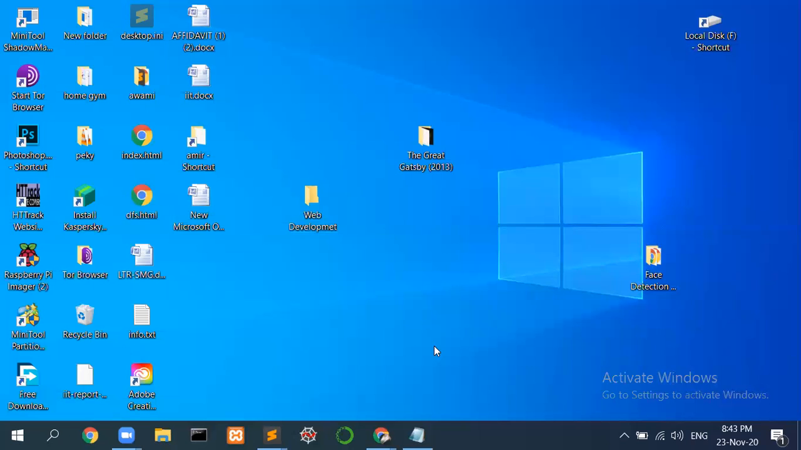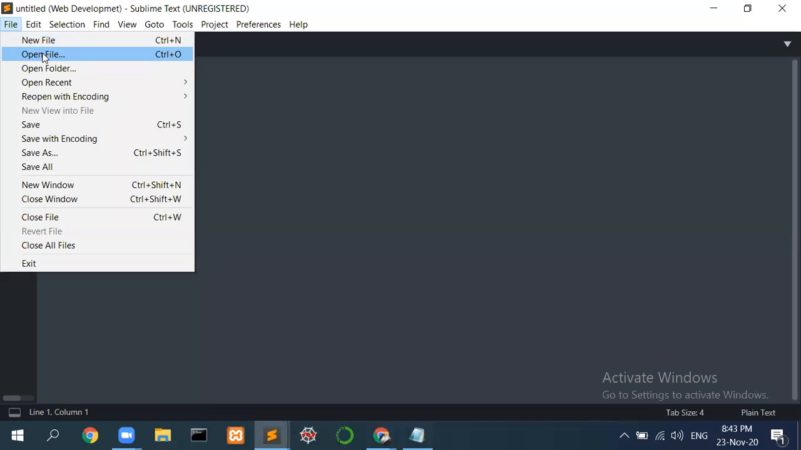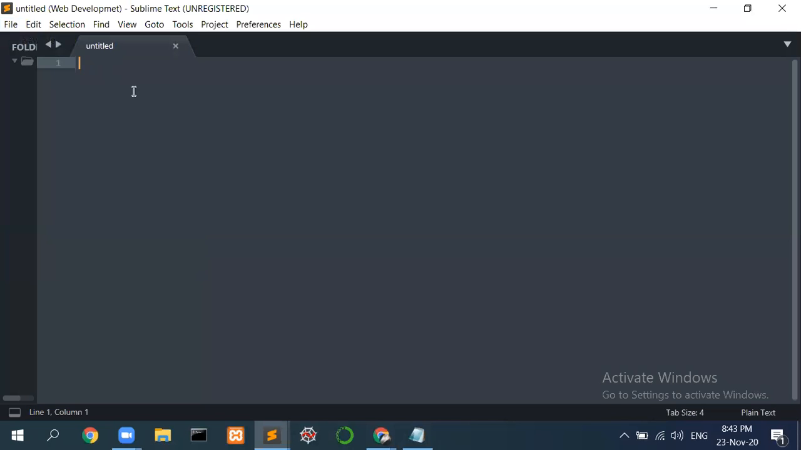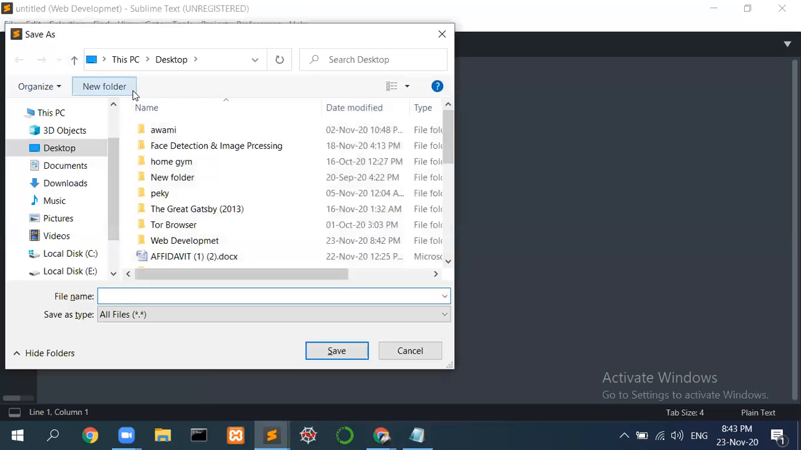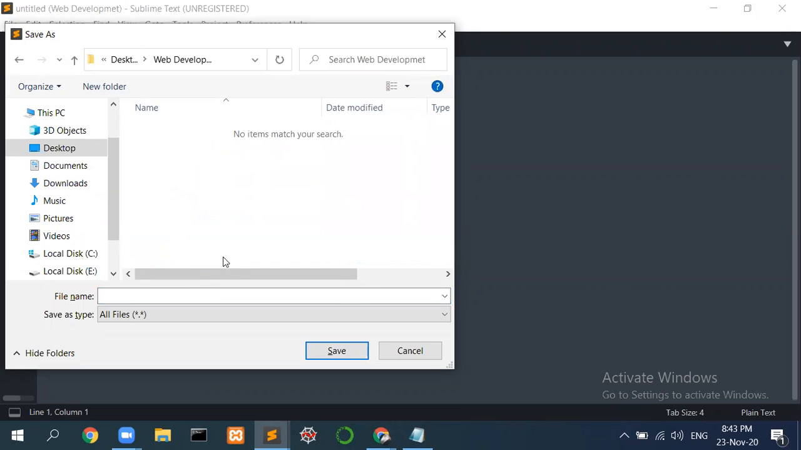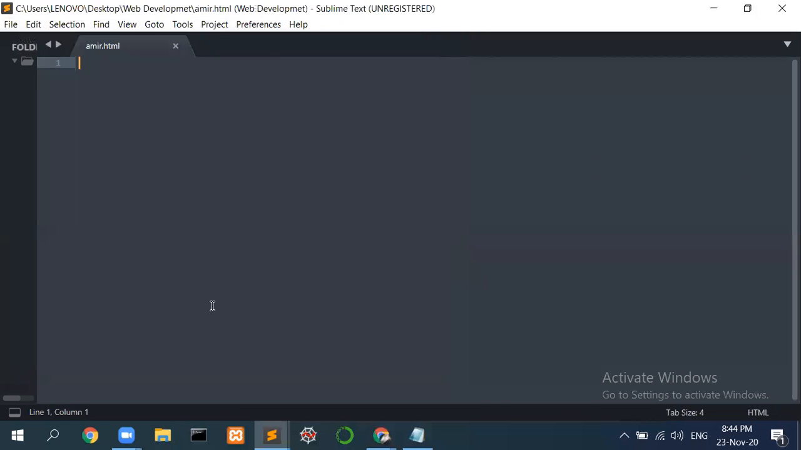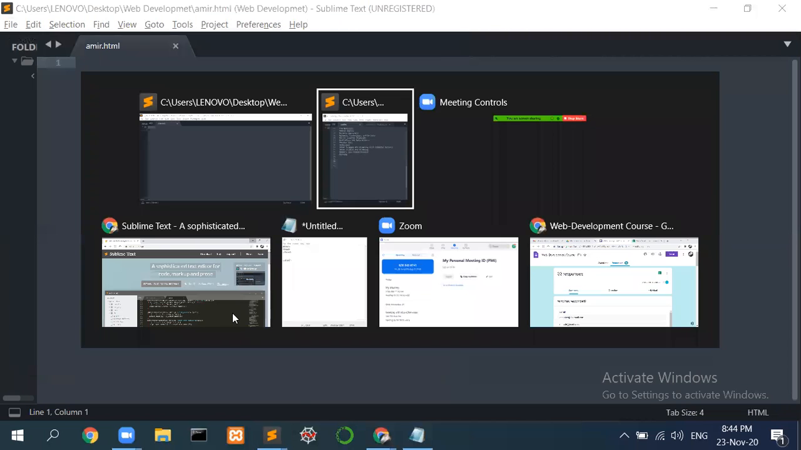we'll just click file and new file, and then you have to save the file according to what you're coding in this web development folder. You can save it as anything. For example, I want to save it with my name, amir.html. If you don't put this extension properly, that is .html, your file won't work properly. So if I save it as amir.html and I go back in my folder,